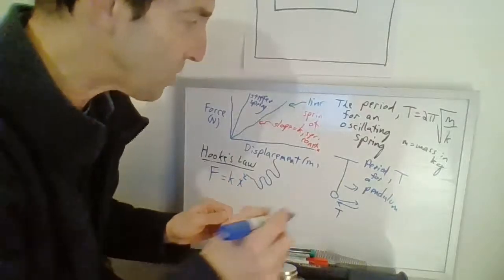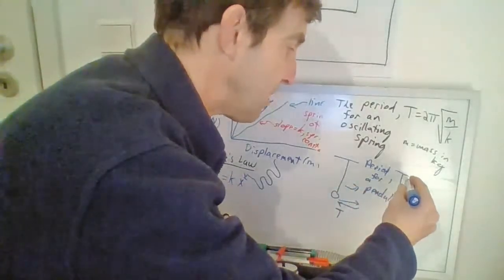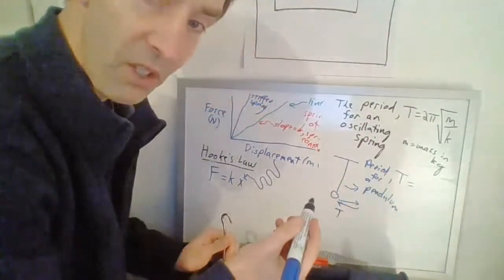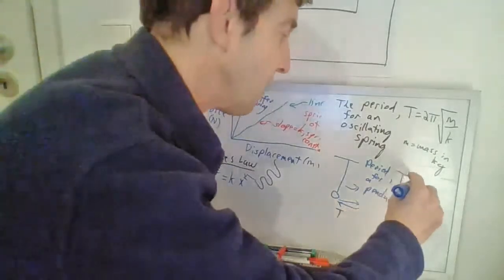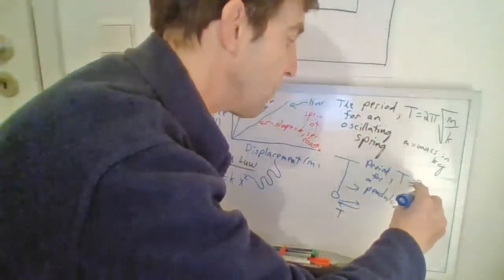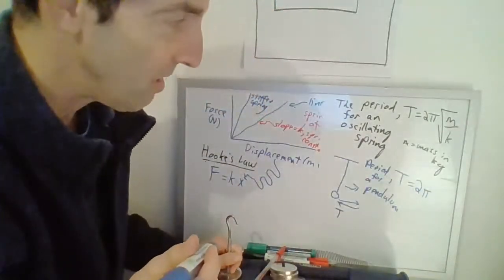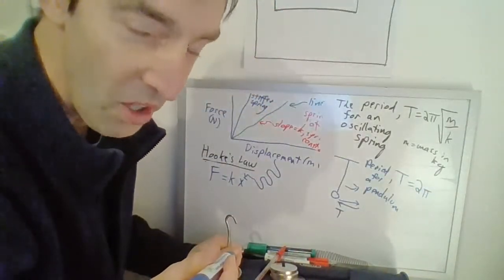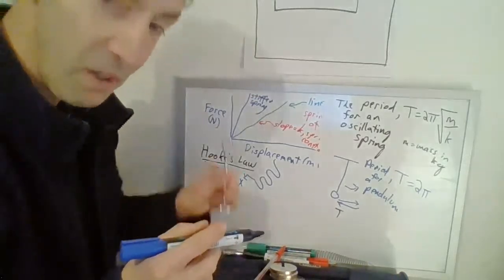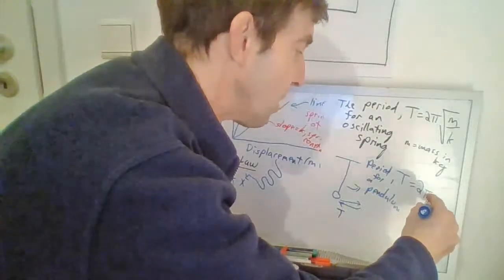So by God, guess what? For the period of a pendulum, there's also another factor of 2 pi. We say, you ready for this? It's a periodic function. Get it? Period of a pendulum. Period. Never mind. Okay, so it's times the square root of